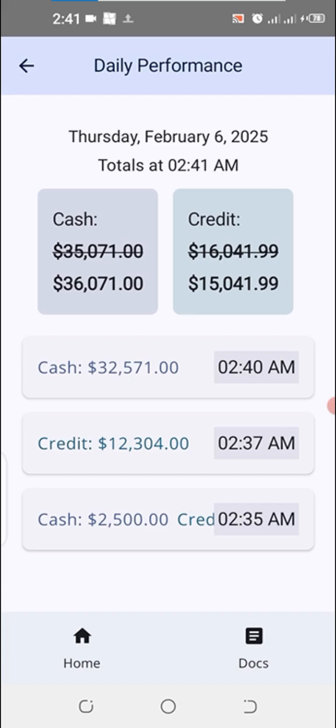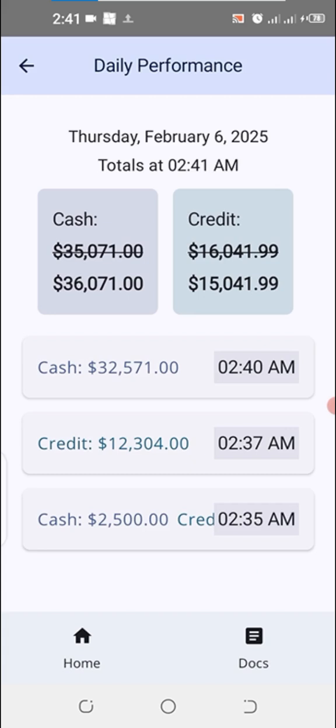Also, note what has happened. The original totals for current cash and credit have been canceled out. These canceled values show the total cash and total credit from the transactions we've made so far. Well, the new values show the cash credit movements, that is the actual total cash collected and the actual total credit. So long as buyers who took goods on credit settle or partially settle their credit on the same day, you will be able to see these cash and credit movements